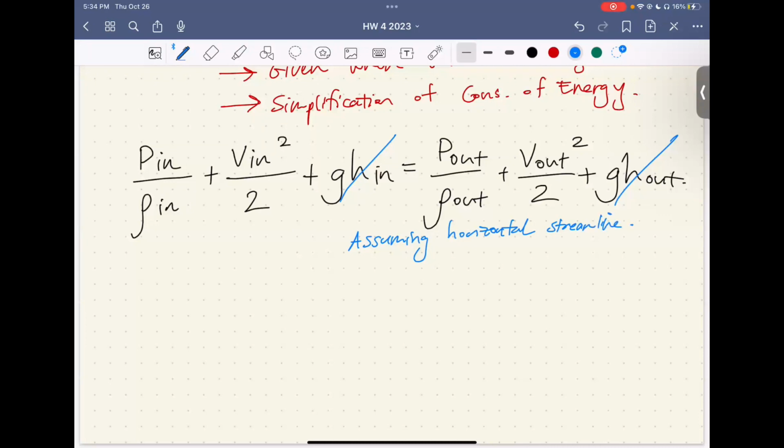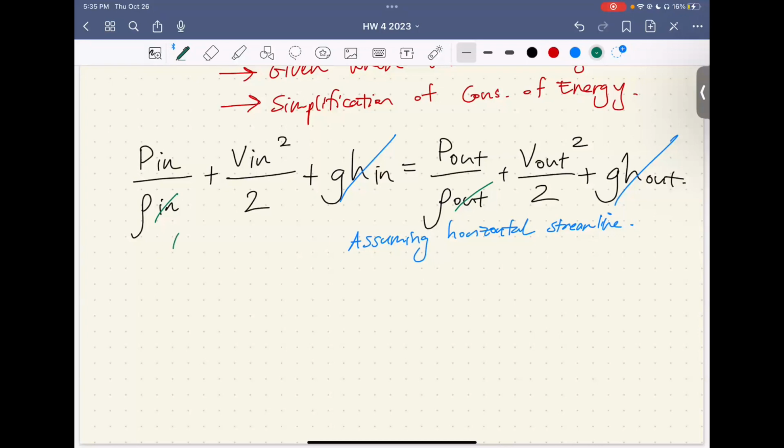Great. Then what's another simplification we can make? We know that blood is incompressible, meaning that rho does not change throughout the system. That is good, right? So that means that there is no rho in, rho out. It's just going to be rho. So I'm not canceling out this rho term here. I'm just canceling out the in and out